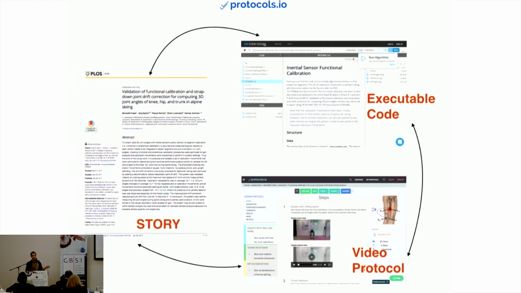Runnable code has the protocol on Protocols.io with videos inside. So it's not just text. You can put images, videos, right? And this is really where we're moving in terms of publishing. It's not just a PDF. It's not just a story, but it's an ensemble, right? It's a puzzle that you're putting together with different objects that you need to reproduce and follow up on the